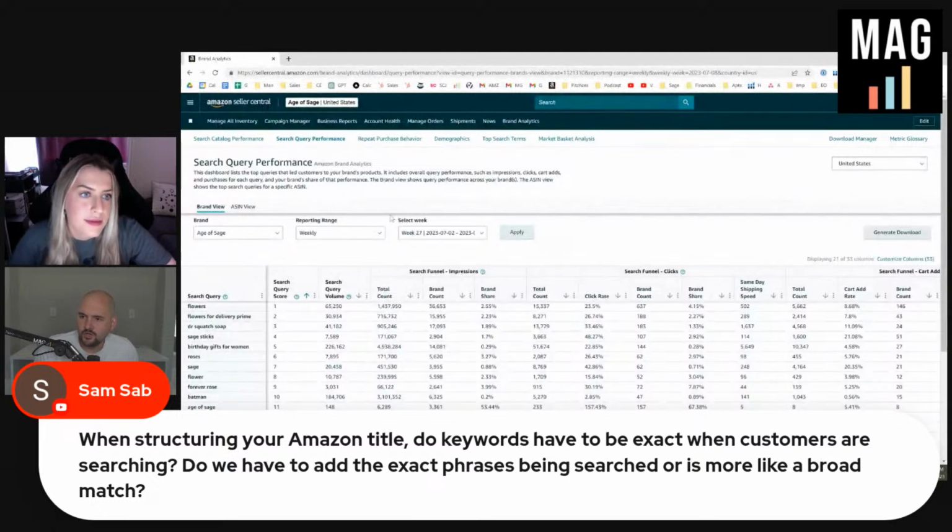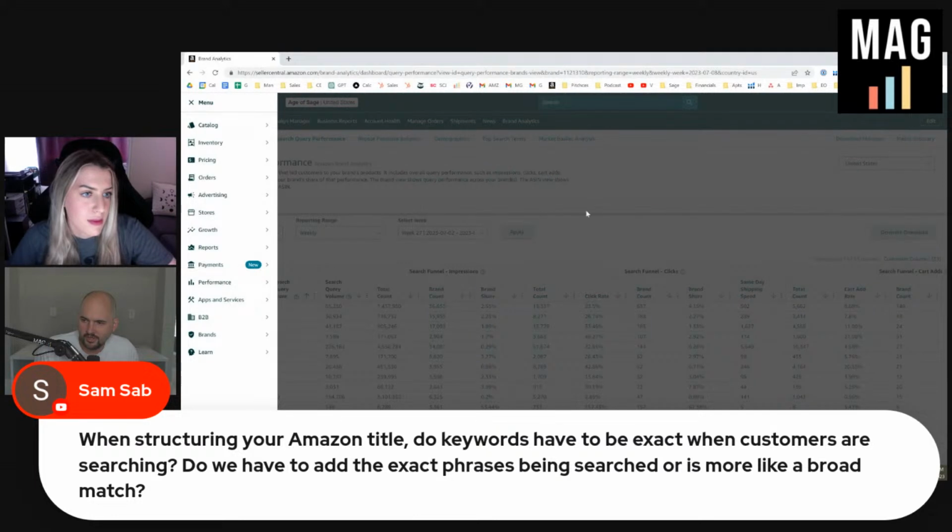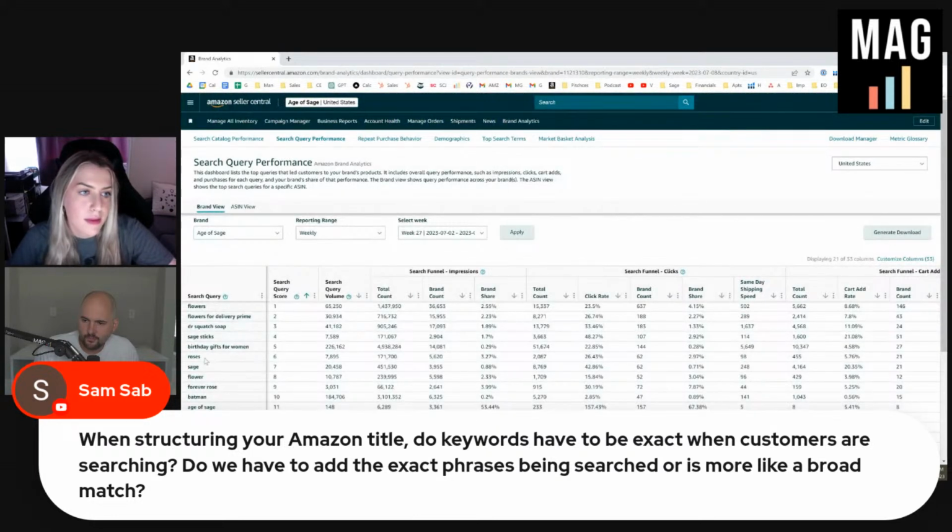All right. So in here, here's the search query performance report. To get here, you click the menu, go to brands, brand analytics, and here's the brand level. Fourth on the list, Sage Sticks. If we were going to work on this keyword, and it's an important keyword, 7,500 people a week, notice how I have the weekly reporting there, are searching that. I have 1.7% brand share. I have a 2.9% click share. So when I show up, I'm getting twice the propensity for a click.